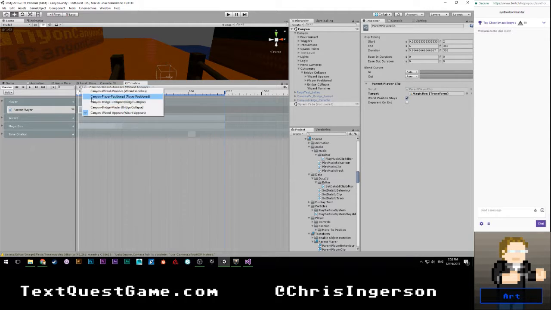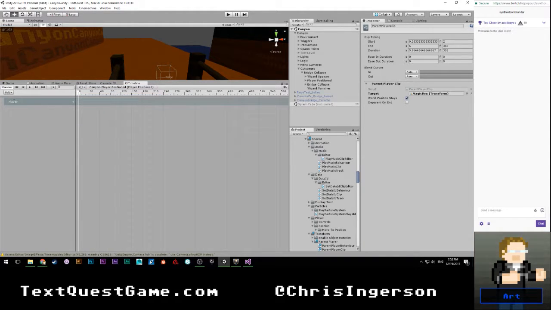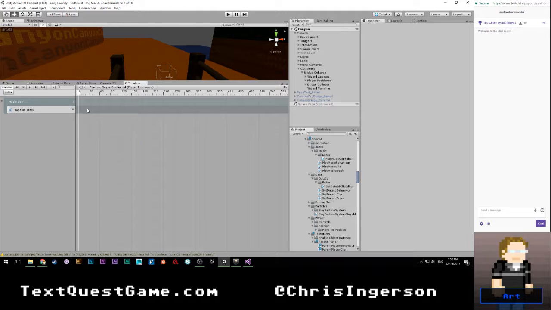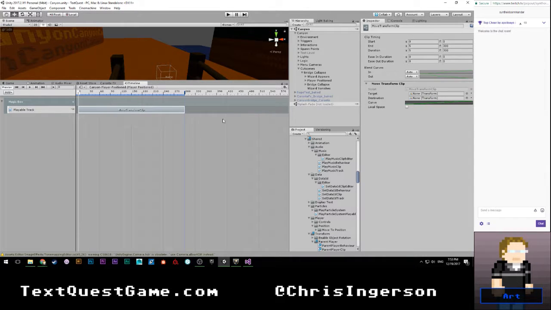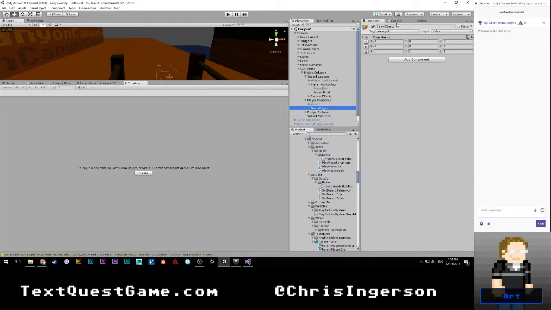Okay, so let's swap over to player positioned. We don't actually need to do anything with the player in this, so I can change this to magic box. We're going to add a playable track. We'll go ahead and say add clip, and I think we're going to want move transform clip. All right, so we are going to move the target magic box over to,